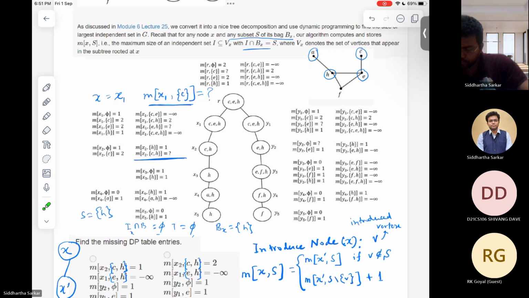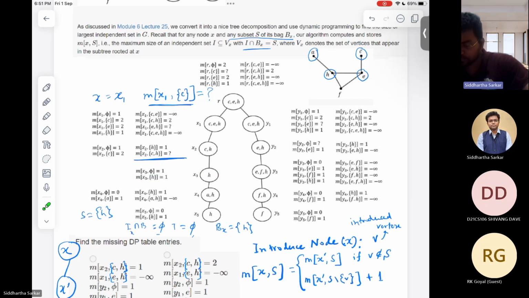Correct. So yeah, if you follow the rule, this is the recursive formula. If you follow the recursive formula, then you will be able to reduce this into this. So now this entry is the entry corresponding to the child, and that is already given to us. So the entry corresponding to x3 and h is already given to be 1, and by the calculation which you